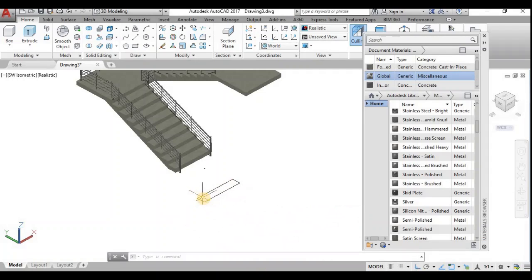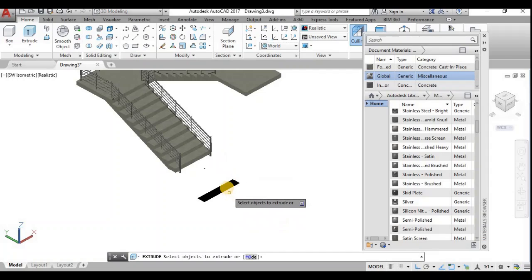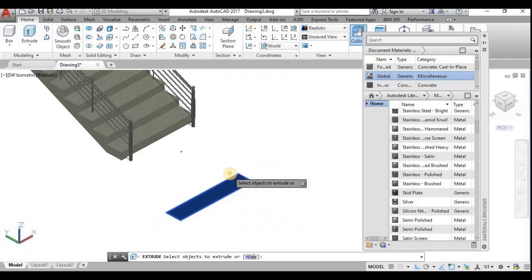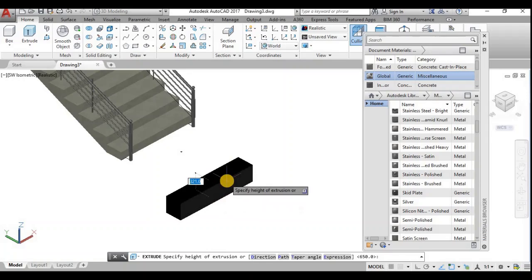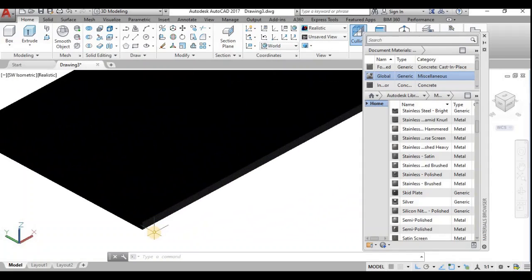Now again we shall make a region and extrude it using the extrude command. Marble thickness will be a maximum of 12 mm, so I shall choose 12 mm thickness.